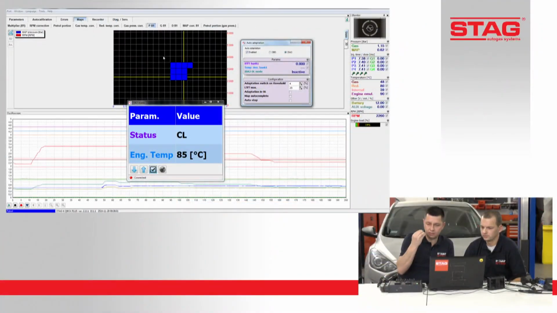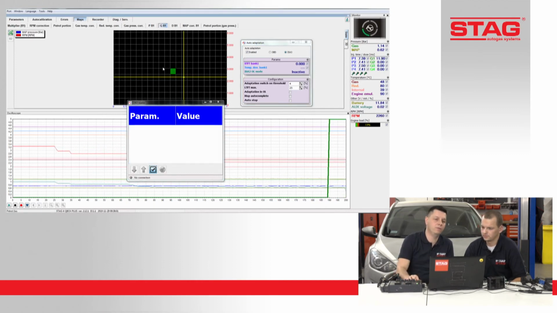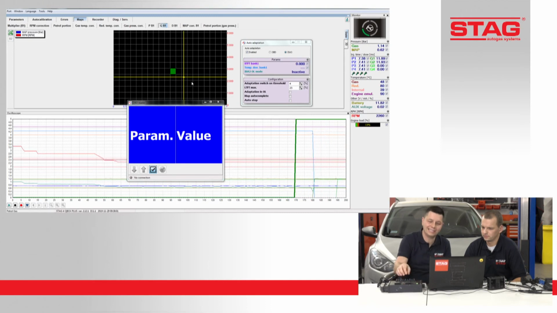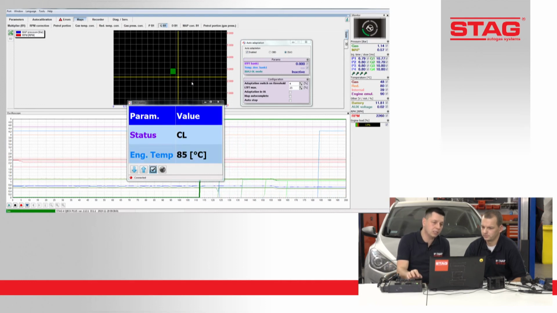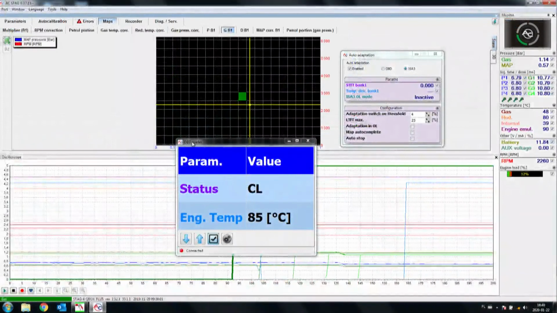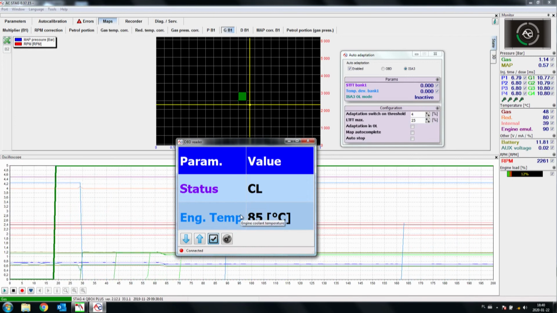After some time, when you have 80% of the map gathered, you can change to gas, right? If you change to gas, the system is doing the same on the gas, with the gas map, just like Maciek said. And as you can see, very important thing, the OBD window has also changed. I mean there is no information about the STFT and LTFT correction because the system is not using the information about